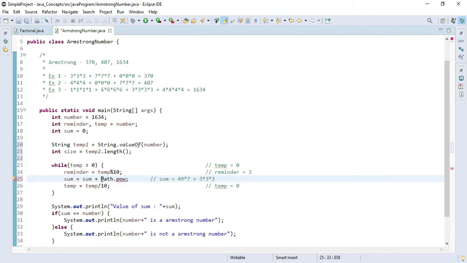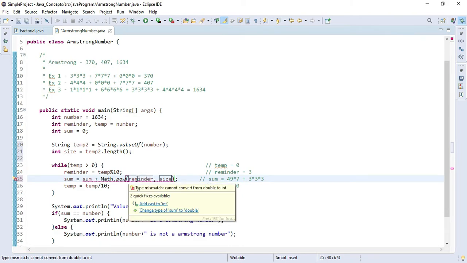Here it is. As you can see, in place of a you can pass your remainder, and in place of b you can pass the size. So what it will do is raise this remainder to this power and return the result.